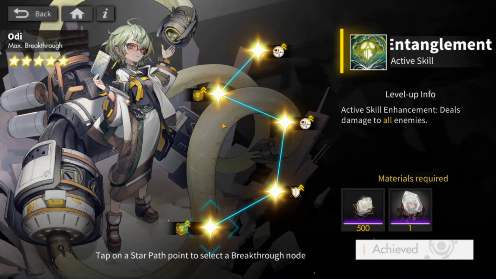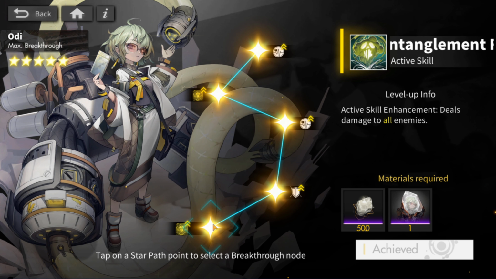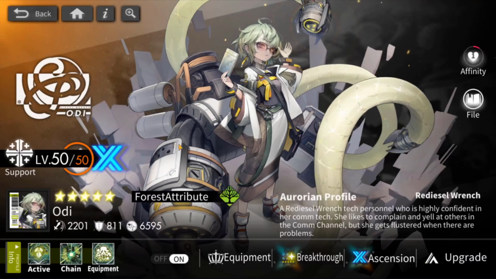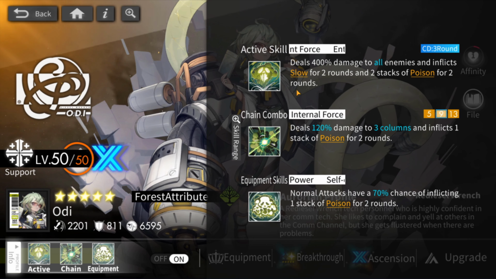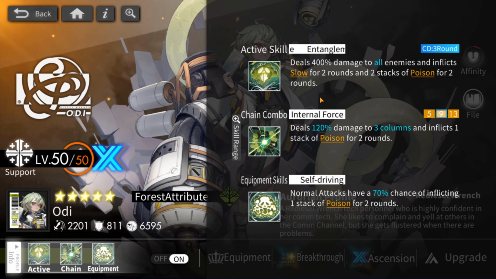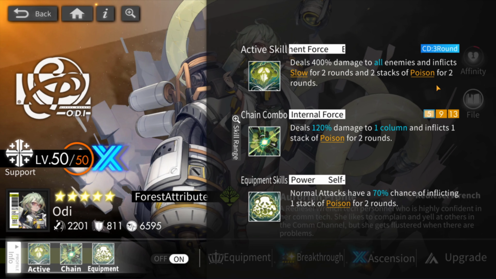see it's all about her active skill. The first one reduces the cooldown by 1 turn, and then the last one deals damage to all enemies instead of a 3 cluster. And I read her active skill and I was like, this doesn't sound super good. Deal some damage, some slow, some poison. 2 stacks of poison for 2 rounds means it's gonna do 4% of a max health, and in my head,